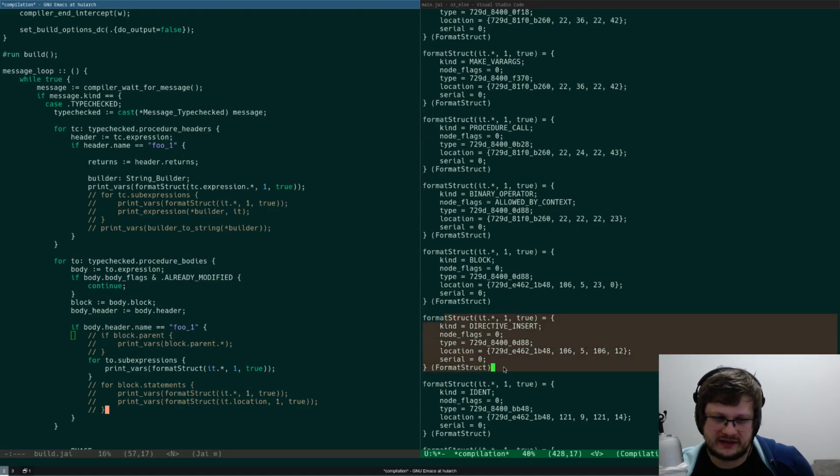Ooh, so what does it mean? This might be bad, right? So it type checked the procedure body, which means, does it mean that the macro already expanded?